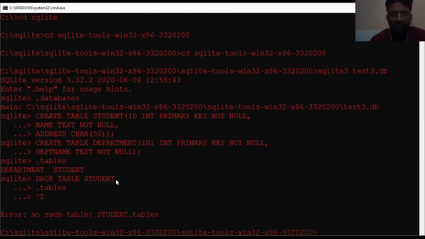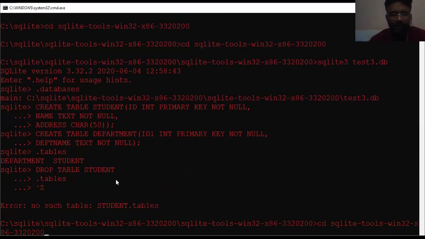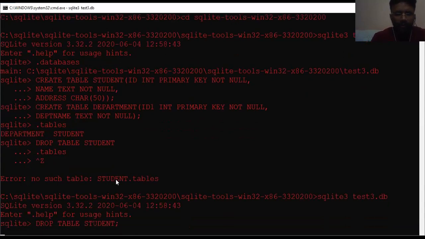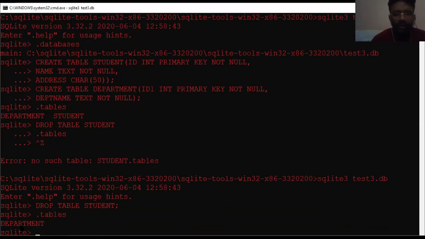One more thing we can do as well. Suppose we have this command and we want to use it with test3.db: DROP TABLE student, followed by a semicolon. Here if we check .tables, department is left.